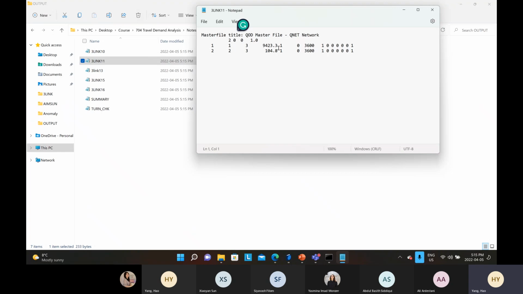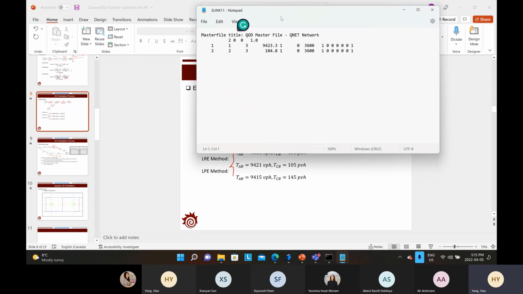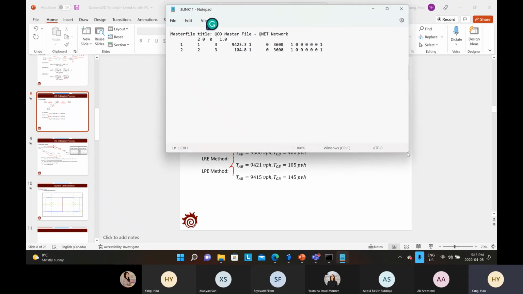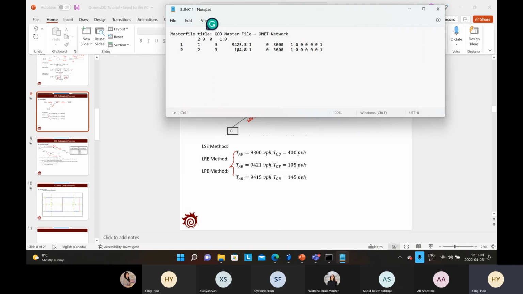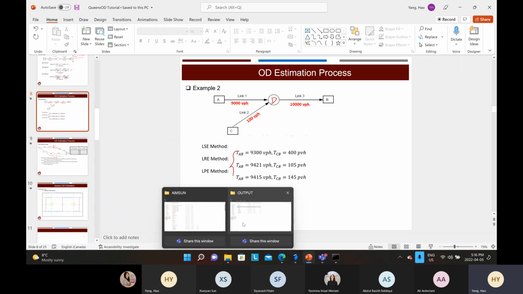From the software, we get the result as 9,423, and from 2 to 3 as 104. What we calculate is very similar to the one from the software. So it's 9,421 and 105. It's very similar to that one. So that's what we can observe from the software. And for now, I would like you to do some practice by yourself and try to